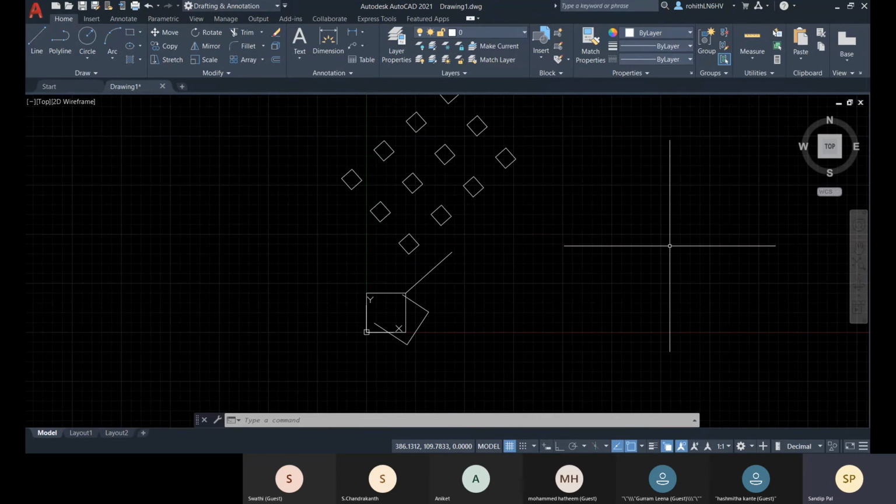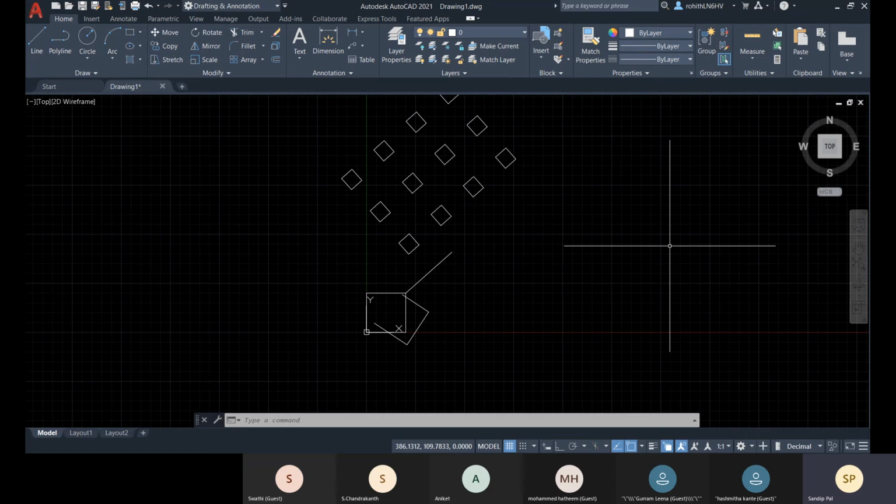So for your absolute Cartesian, the source will be the origin, and it may be your UCS origin, it may be your WCS origin. And for relative, because it is relative Cartesian, that means it calculates from the previous point.